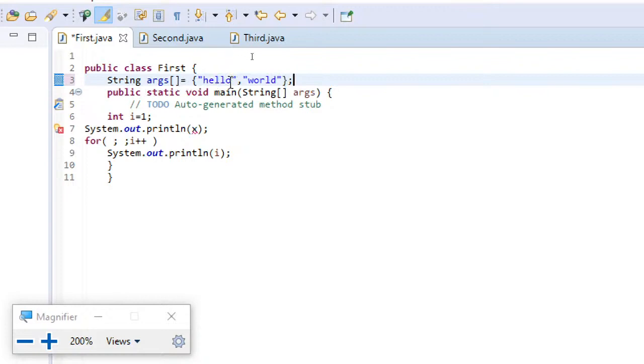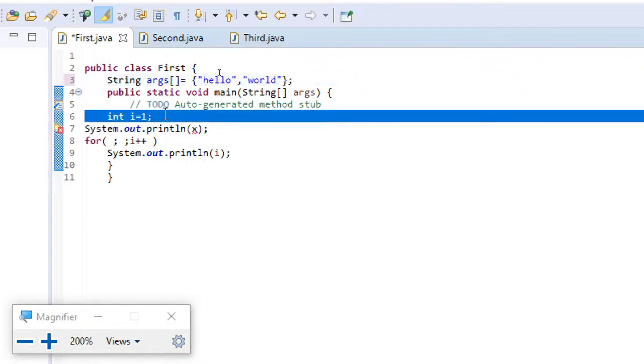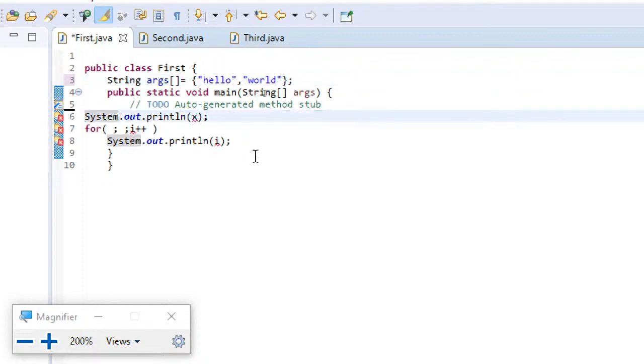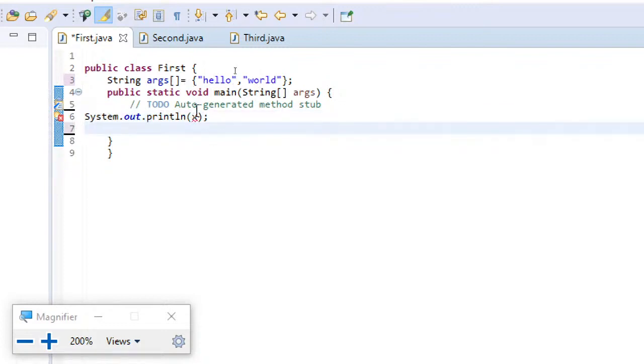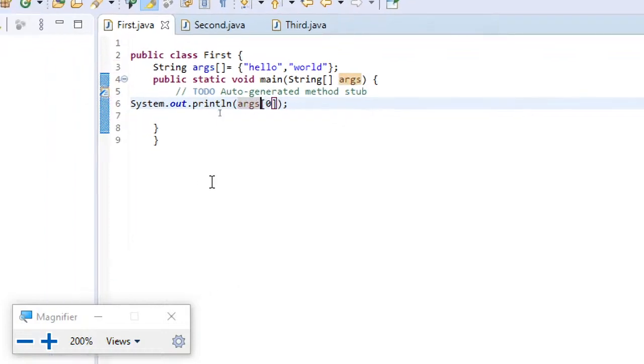That means args of 0 is hello, args of 1 is world. Now if I just try to display it, any guess of the output? I just want you to guess the output.